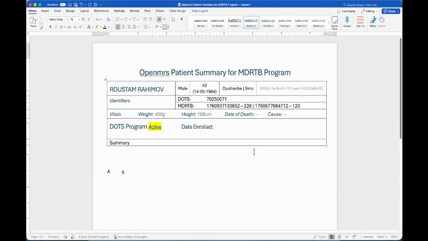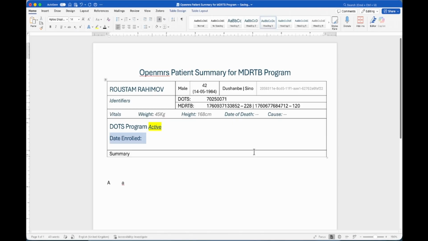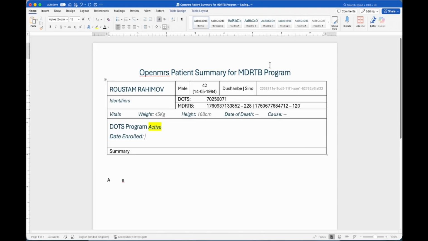And then for the DOTS, the date enrolled, let's say it was 20th Feb, and this could be active, this could be inactive. I'm gonna copy it twice,